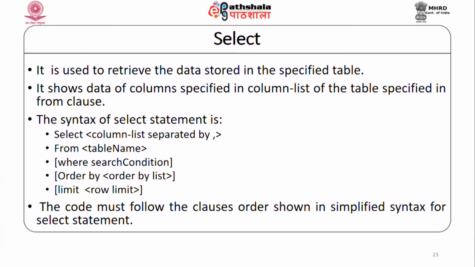After that you can write where and the search criteria, then order by and the order by list, and then limit. These are all optional. Of course, this is a single table query. If we use more than one table, or within a single table, you can use more clauses like group by, having, etc. But keep in mind that the order must be followed. First you write select column list, then from table name, then where, and then order by. You cannot change the order. First order by and then where is not valid, because it retrieves the data, then filters it and then orders it. You have to keep that in mind.